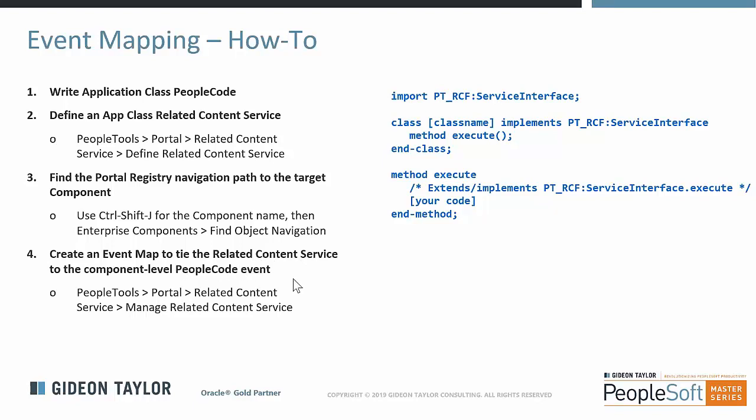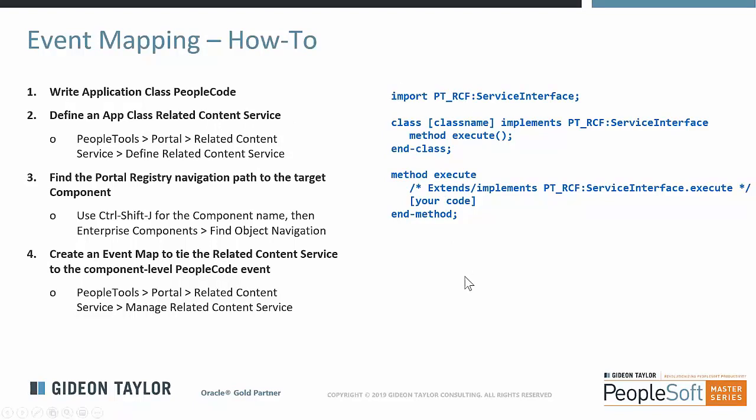So related content lets you define kind of a standalone piece of PeopleSoft content, and app class is one of the types of related content you can do. Once you've created that, you then use event mapping to tie that related content to a particular component level PeopleCode event, so that when that event fires, the app class in your related content service fires and runs your